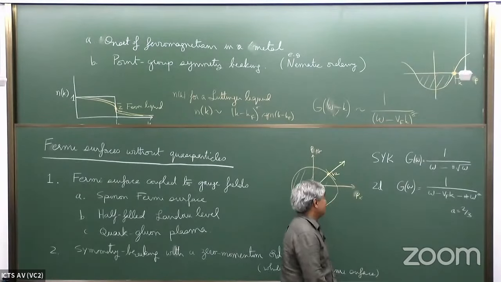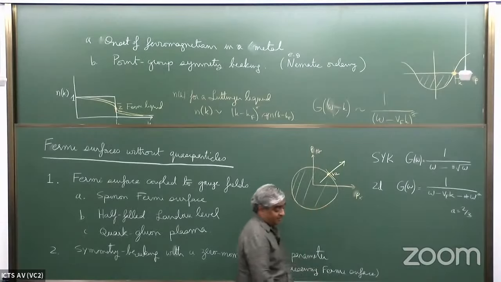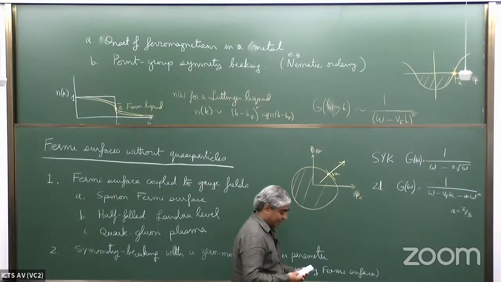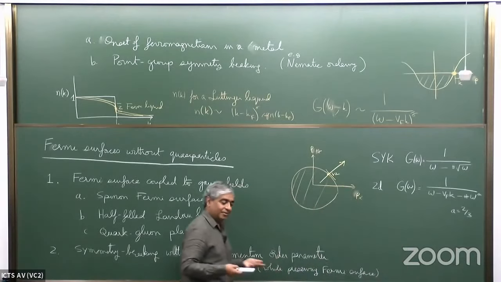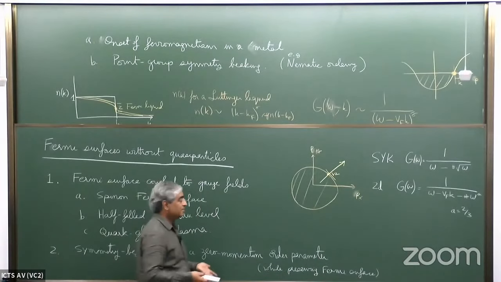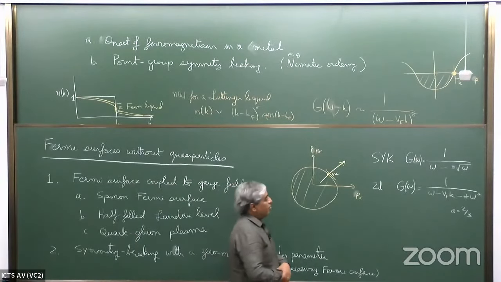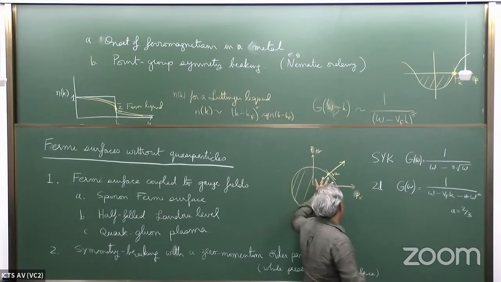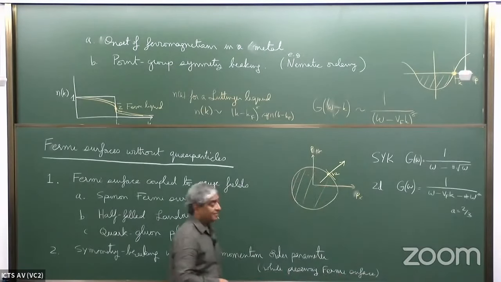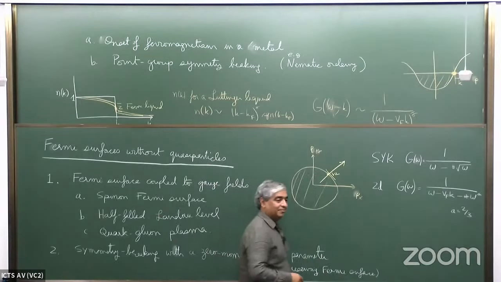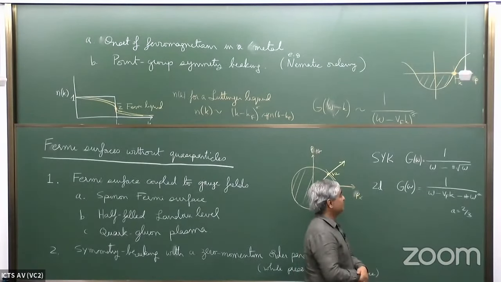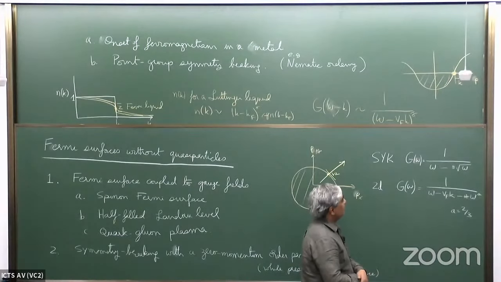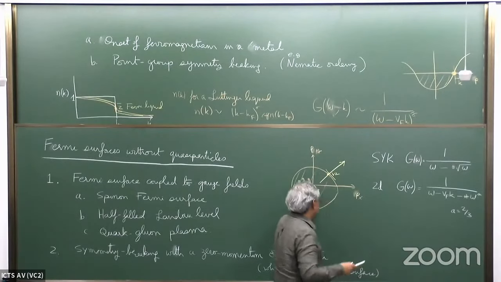In SYK, we took random couplings because the real world had random couplings. We were interested in describing random spin systems. We can also talk about the effect of randomness on these non-Fermi liquids. If I have time, I will say something about that, and that does change the structure quite a bit. But right now, my discussion is about